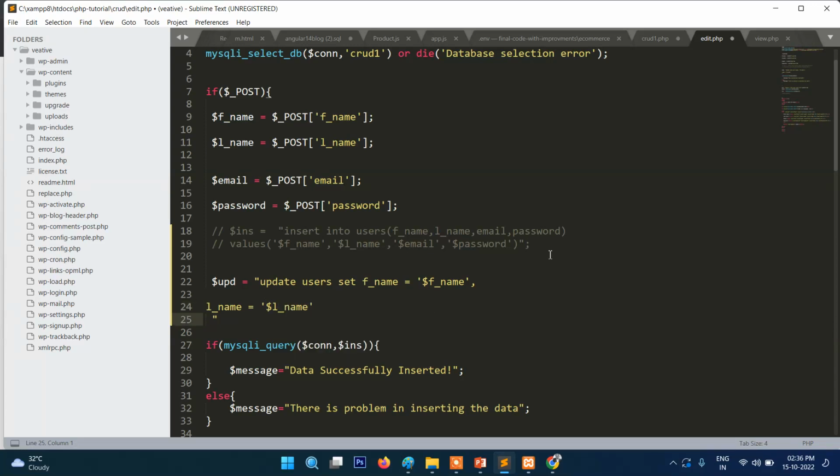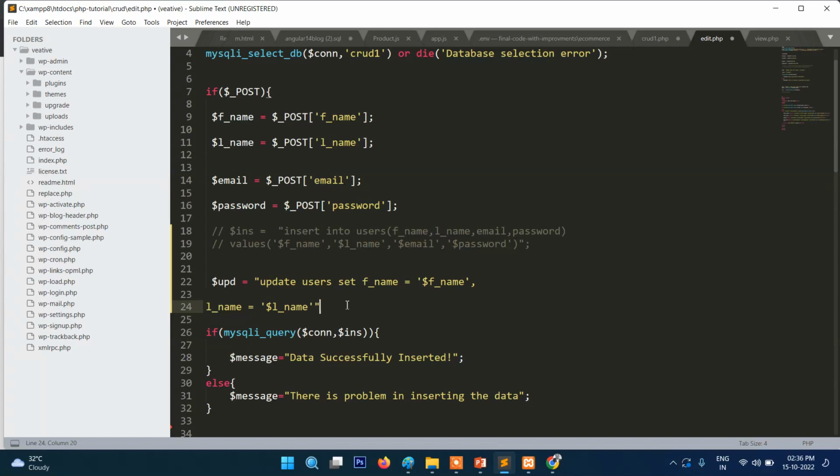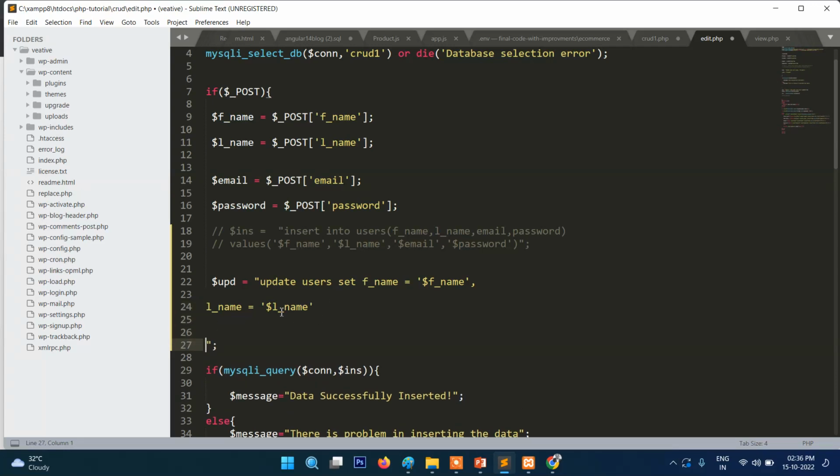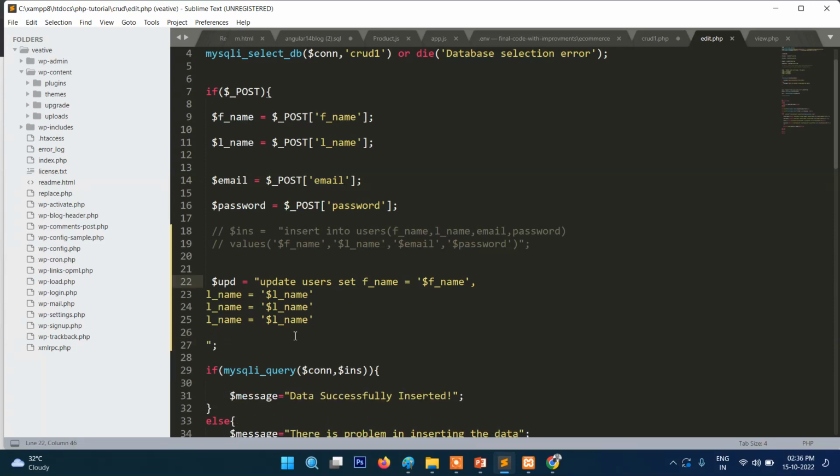Same way other fields. Finally here should be a semicolon, $lname, and here email, and finally password, right? And finally we need to put here, remember in the last one there will be no comma, okay, before where